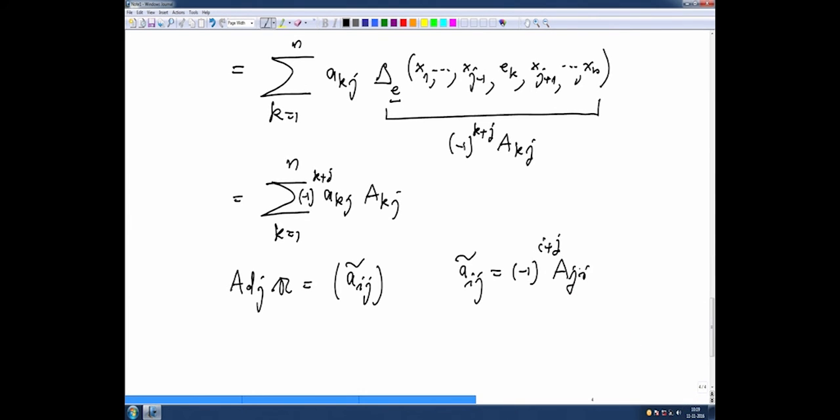It is a transpose of. This is called the adjoint matrix of A. This is also a matrix in M_n, the same size square matrix. And now what I want to prove is